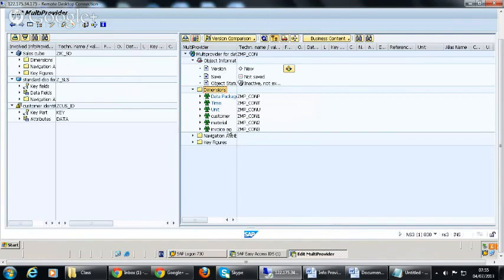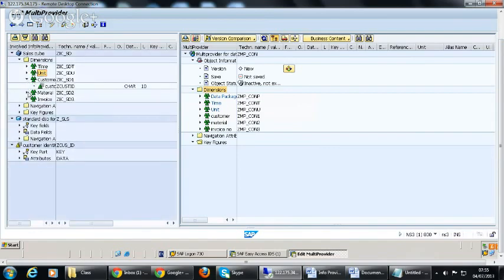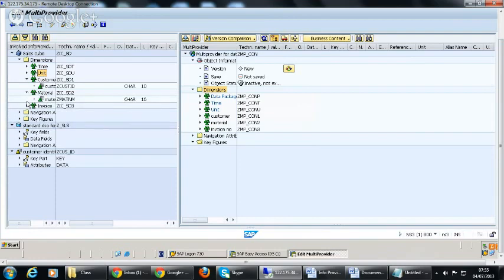So here you have dimensions, and here you have the cube, right? There are dimensions in the cube as well. You can see time, unit, the same design as the multi-provider. So here you have customer from here, and material, invoice. So let's give this.